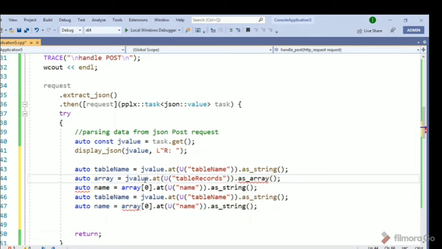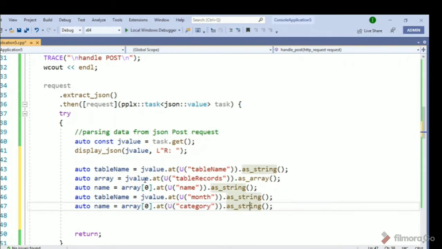Now we have the array, and we will use this as a name first. Then we have table name, which we already parsed, so we have to use month, and then the category. After that I will again copy paste it because I have to keep writing it over and over again.